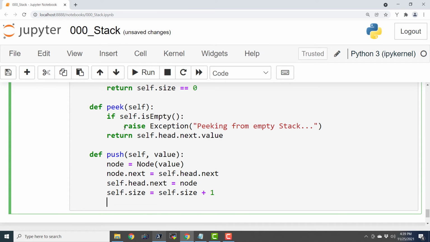So this is how we can push the item to that stack.